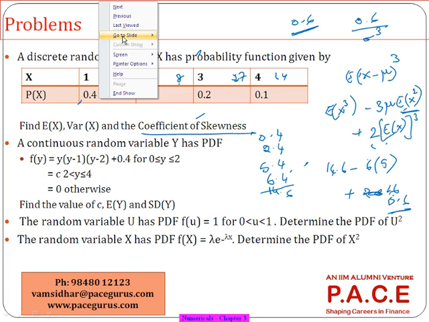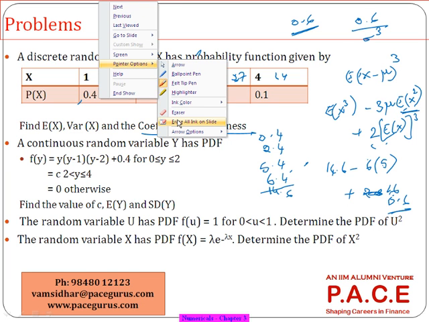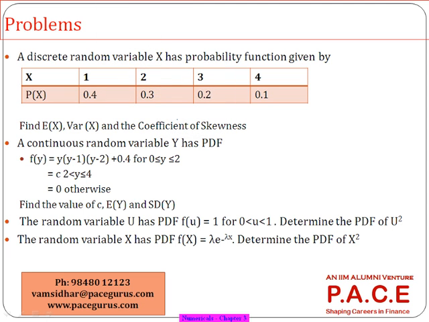So with the discrete, the typical question that can come out from this particular chapter is mostly to do with this. Either asking you to find out the expected values, the variance, the standard deviations, the skewness, any of these kind of items. Now the other one is, let's look at the next question then, the continuous part. A continuous random variable y